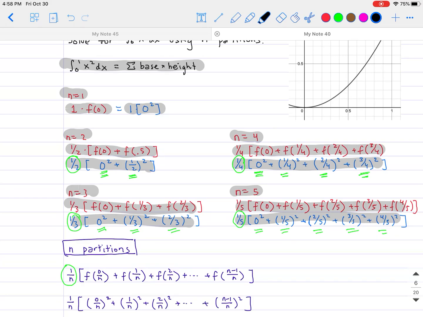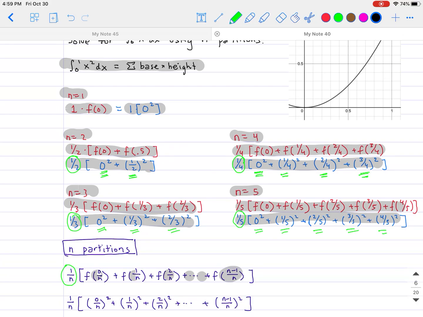Whereas the inside, now this is the part that's a little bit harder to swallow, but hopefully you can kind of see it. It's going to be a fraction of a setup here, because you're taking that partition and breaking it into n number of parts. So it's going to be f of 0, then you have f of 1 over n, then f of 2 over n, plus f of 3 over n, plus f of 4 over n, and so on and so on